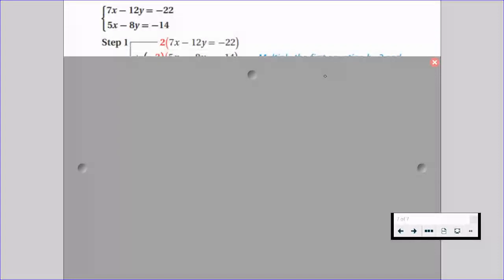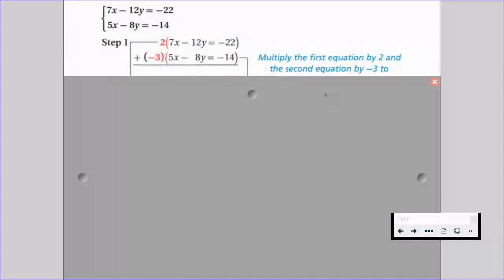So what we need to do is multiply both equations by some values, and we have to choose a variable that we're going to eliminate. We're going to eliminate the y. If we multiply the first equation by 2 and the second equation by -3, what that's going to do